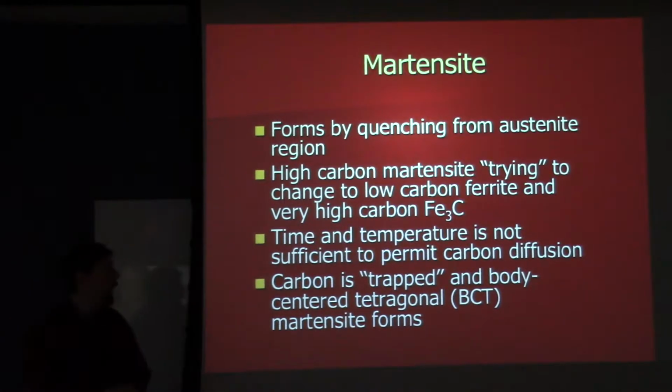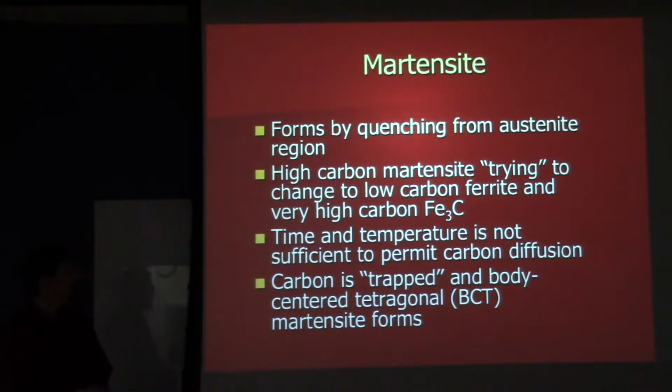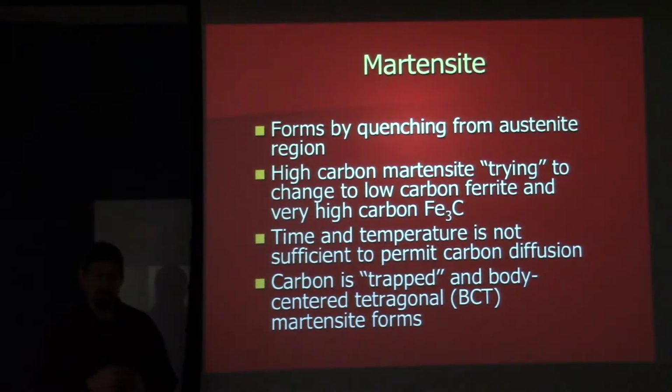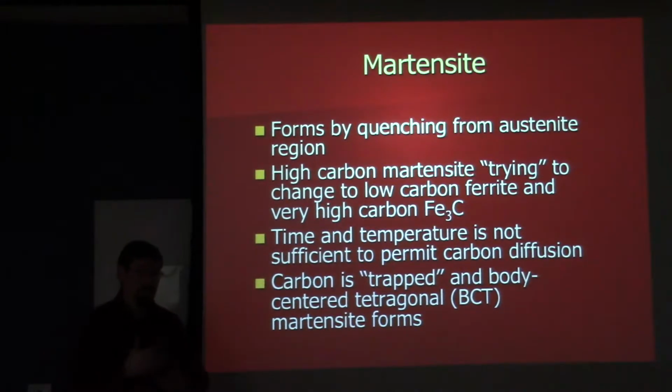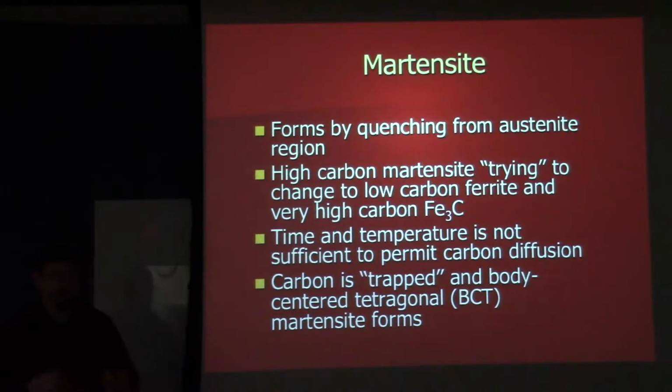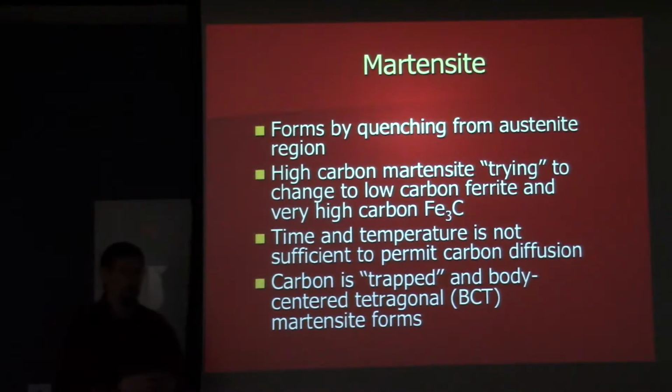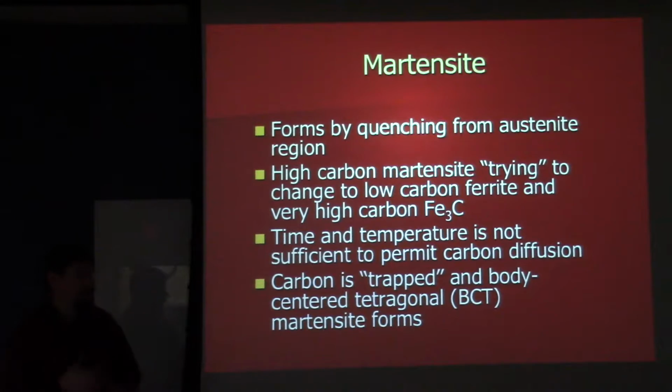Martensite, which does not form by diffusion but rather by shear, is locking that iron carbide into a different crystal structure. And that's why we get such high hardness, because it's an unstable material. The carbon, or iron carbide, would really like to get out, but it's trapped and stuck, and it exerts a significant strain on the microstructure, thereby increasing the hardness and changing the properties quite dramatically from what you'd